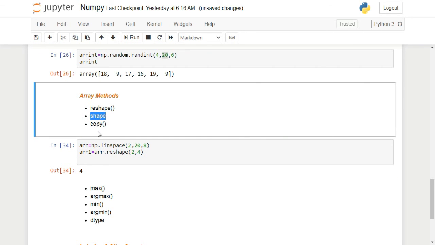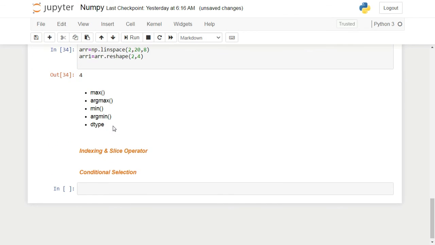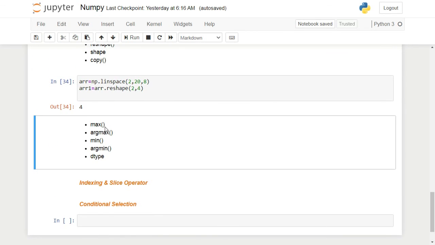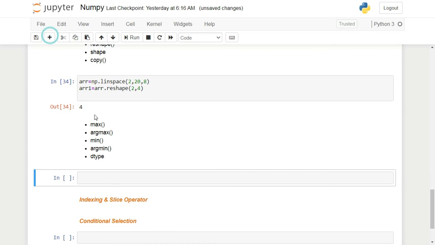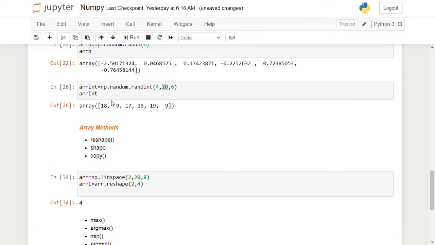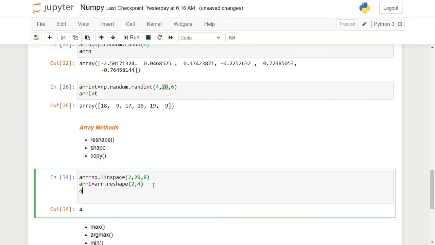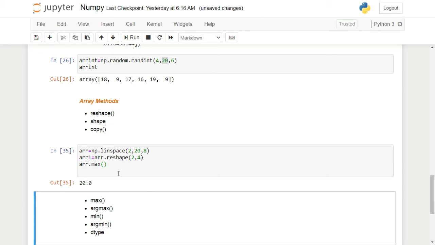I'll show you the copy function a bit later, because you have to understand slicing for that. Now these are the general functions, like max, min, etc. As the name suggests, I'll show it to you in this array itself. What the max function does is, if I do a.max, it will return the maximum in that array.